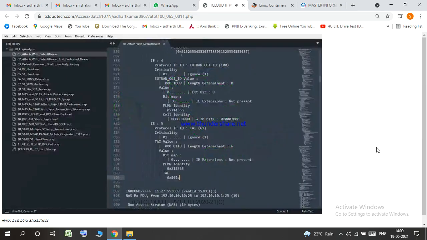Okay, so the message arrived. Once the message arrived, what does MME do? MME will validate this response that we have received with the response received from HSS. Once the response is validated,